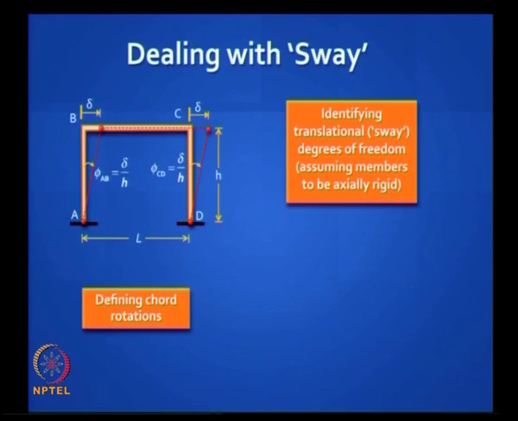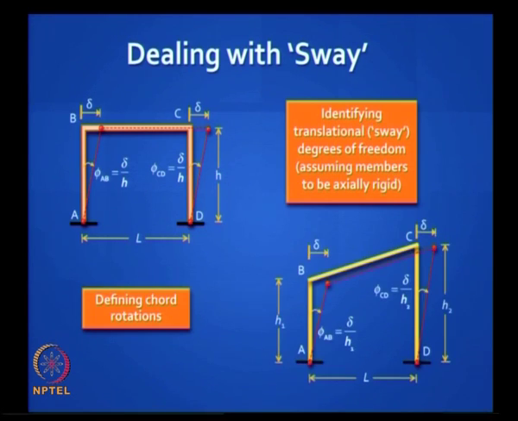And then you work out your chord rotations. If delta is to the right positive, then the chord rotation phi AB is delta by h and CD is also delta by h. What happens if your roof is tilted? Okay, it is called a bent portal frame. Then also you have 3 members, 4 potential degrees of freedom, 4 minus 3 is 1. Then also